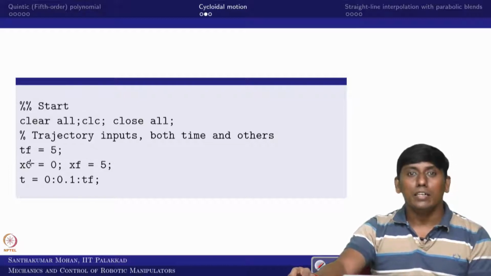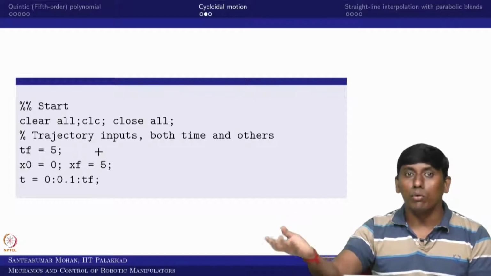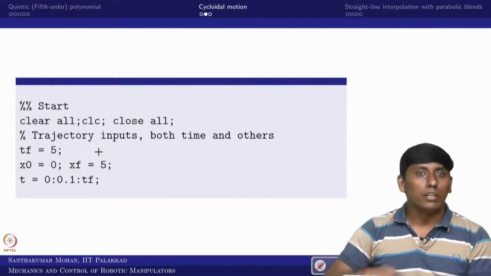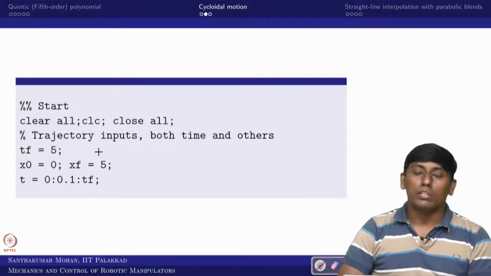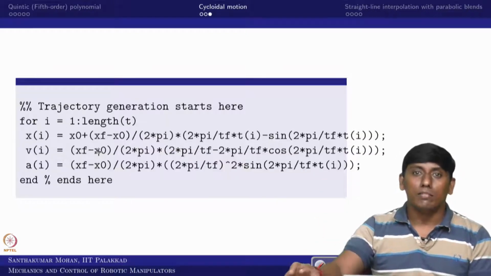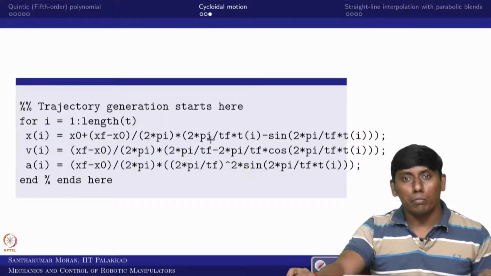So the only things here, x0 and xf, are the input, because for the cycloidal profile we assume it starts from rest and ends again at rest, in the sense that it is going to stop. So no further motion. It is actually starting from rest and going to end. That is what the segment says. So in that sense we can generate the position, velocity and acceleration in this form. Now this is the cycloidal profile, and the same thing we can use for plotting and all.